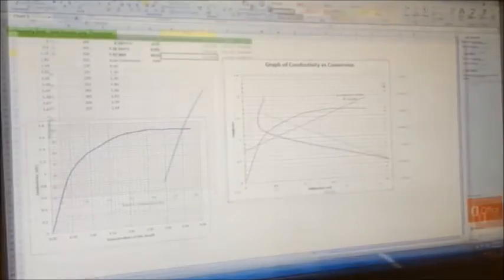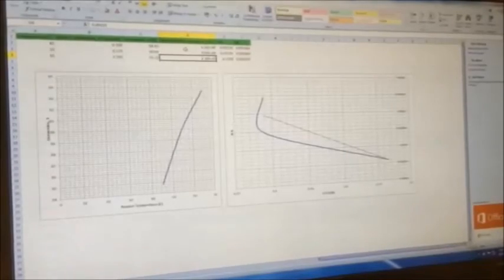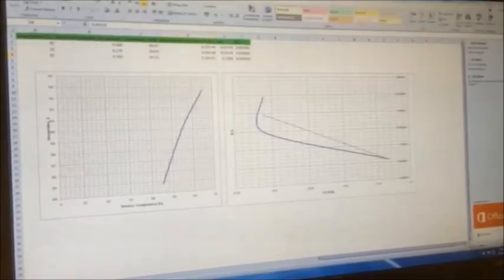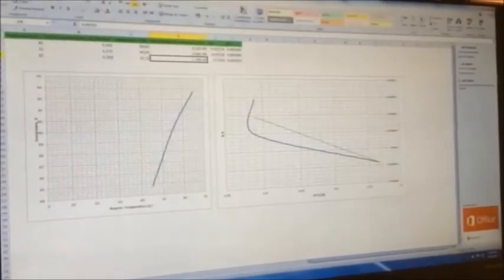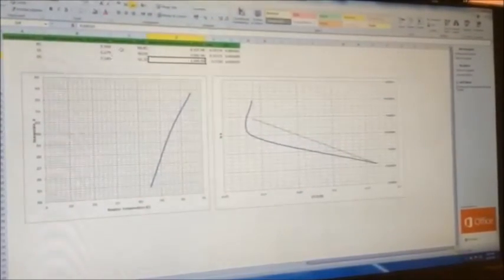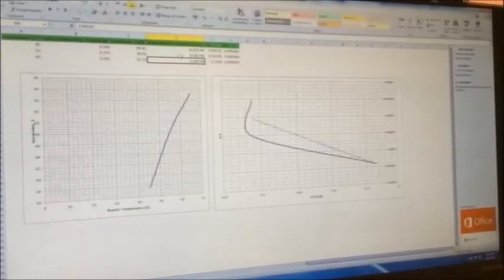The reaction rate constant is calculated by using this formula. As we can see, as the temperature increases, the reaction rate constant also increases. The production rate of acetic acid can be increased by increasing the temperature until a certain